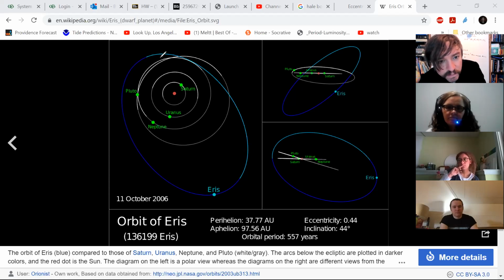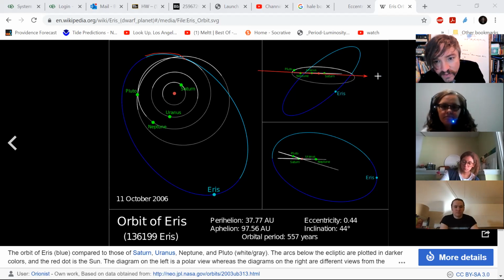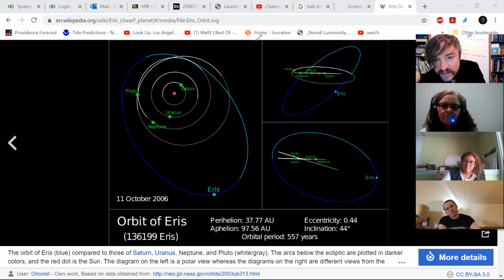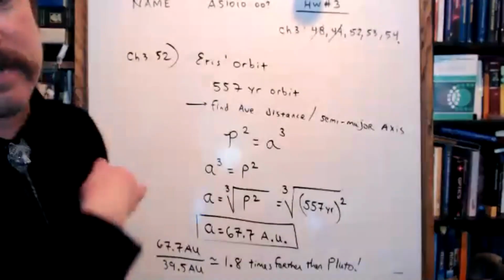That's wild. Here's Pluto's orbit, which is already kind of squishy. Look how squishy Eris's orbit is. It comes almost to the orbit of Neptune at its closest approach, and then it goes out well past, almost 2 times farther than Pluto. And what I did not know until right now, I just learned something. I never realized that its orbit was that inclined to the solar system, if that's what I'm seeing there. Its inclination is 44 degrees. That's wild. That means it doesn't really orbit in the disk of our solar system. That's very interesting. Okay, let's knock this one off and move on.